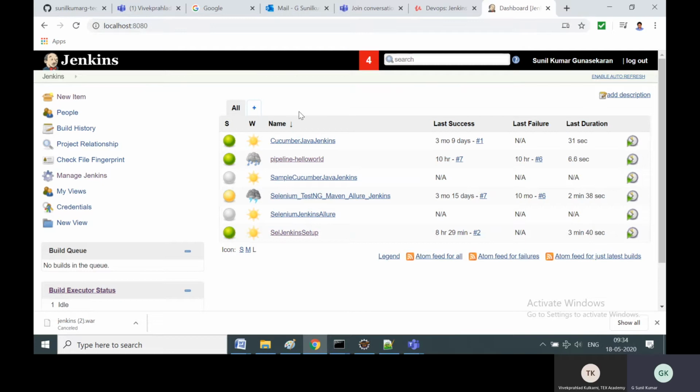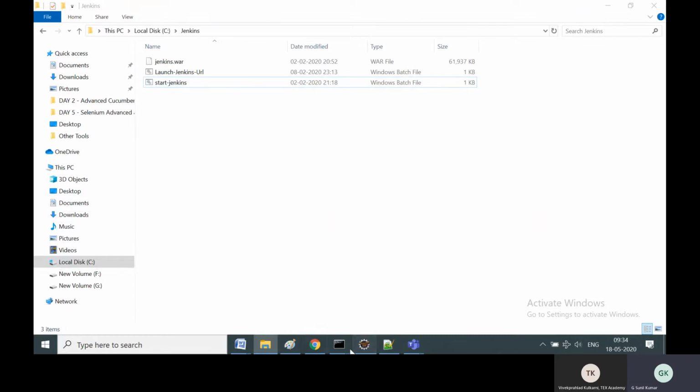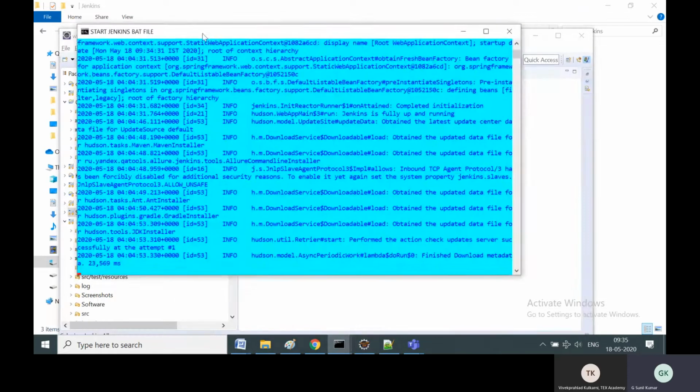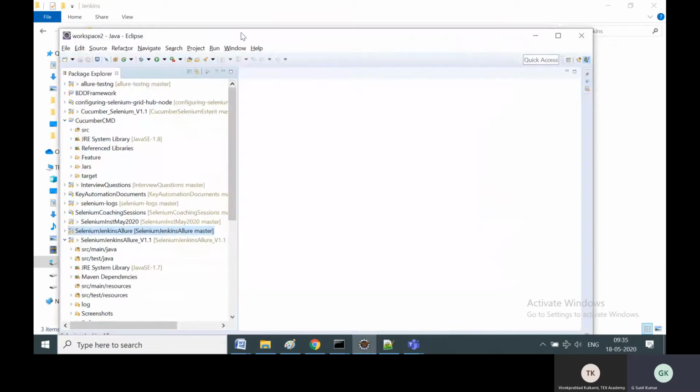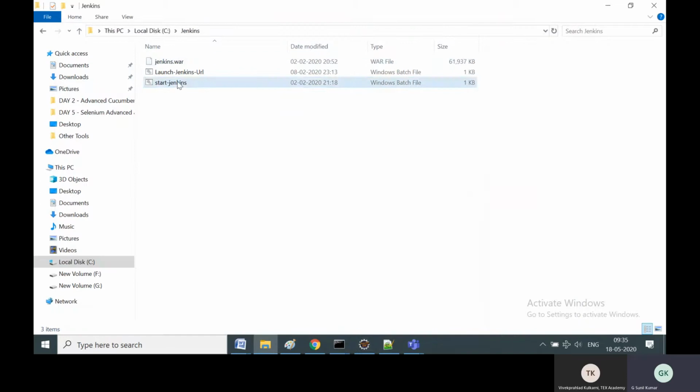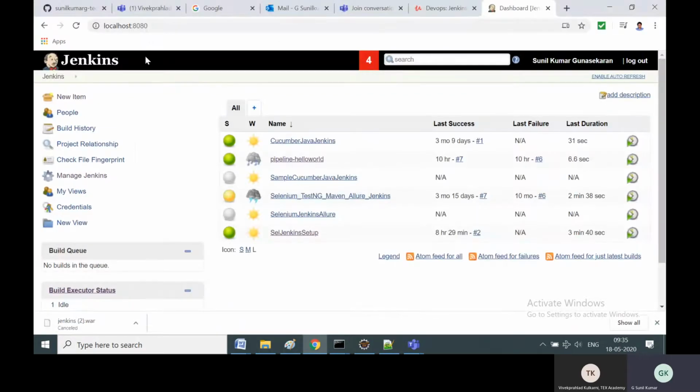See, anytime you get any issues, you can close the current server execution, that is the Jenkins batch file. You can close it and restart. That is the advantage of the WAR file over the custom installation, where you can start and stop. You can have a stop Jenkins batch file also. You just Google and get the command line code for stop Jenkins, and you can have start and stop here, so that you can easily stop and start Jenkins at your own will. So here I have logged into Jenkins.